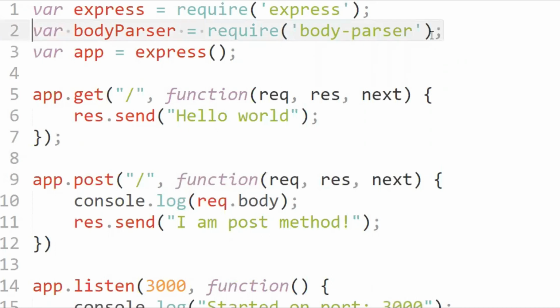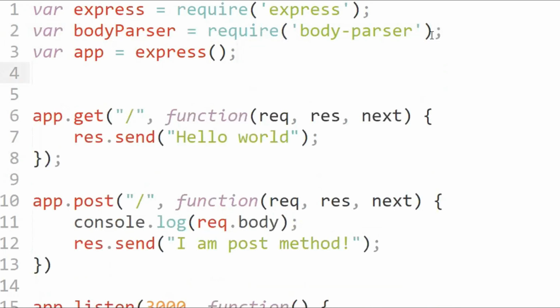So I have imported body parser. Since I am parsing JSON only, we will use the body parser json method. It only parses JSON, nothing else. It's a middleware, so you need to use it inside the app.use method.